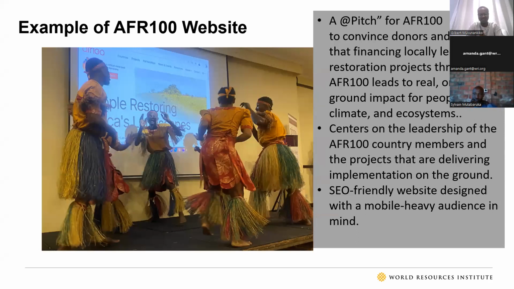Great. So before designing the AFR100 website, we looked at the Google Analytics. We asked which parts of the website are most viewed, which language people prefer, and how people view our website. Is it on a computer? Is it on a phone? And then we had consultations with different donors, implementers, and focal points, and interestingly, the results we saw on Google Analytics matched well with what people